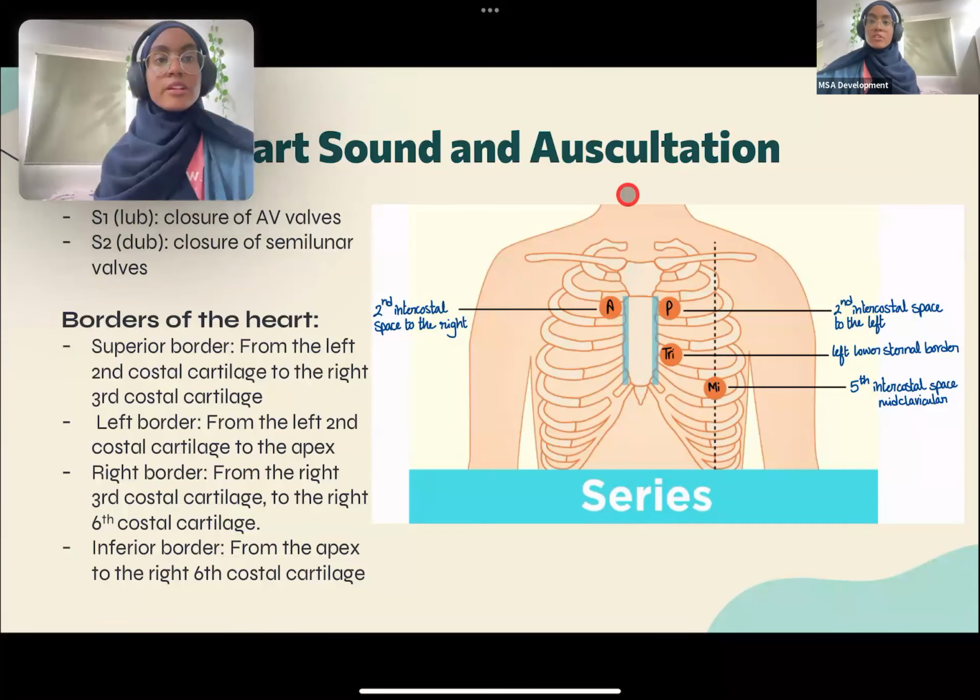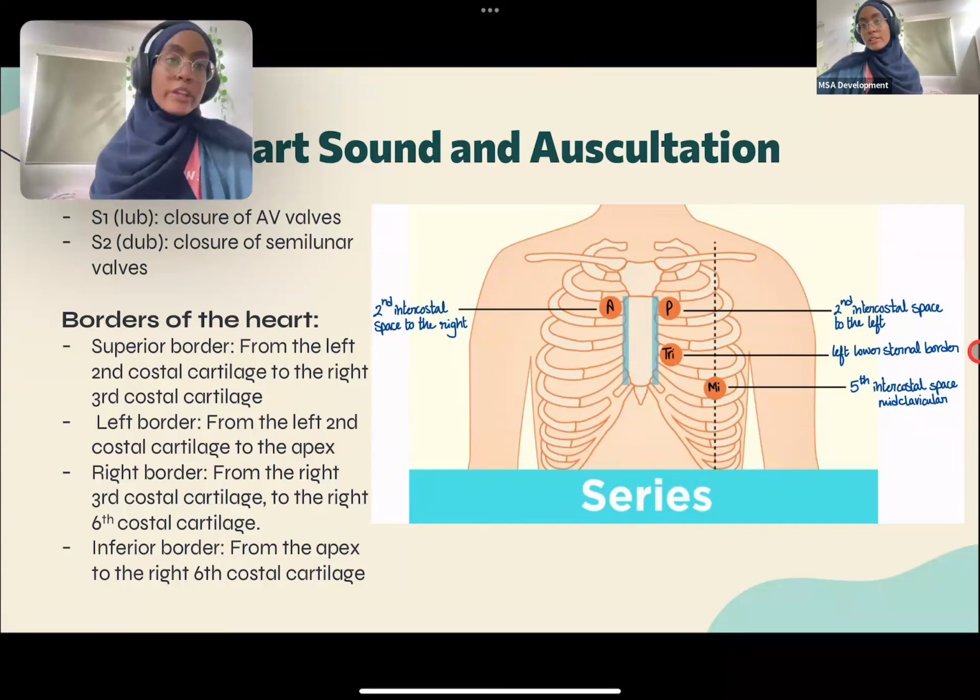Okay, so heart sounds and auscultation. We have two normal heart sounds, okay? S1 and S2. S1, lub, is the closure of the AV valves, or the tricuspid and mitral valve, and S2 is the closure of the semilunar valves, which are the aortic and pulmonary. Now for the auscultation,